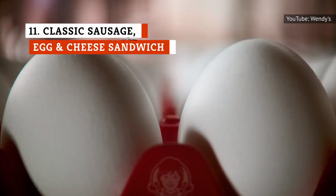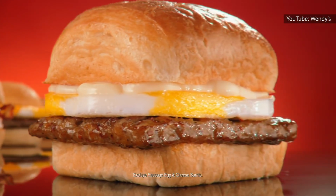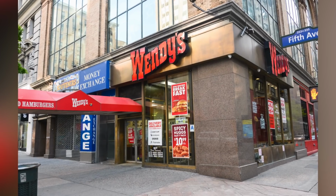The classic sausage, egg, and cheese sandwich has a few things going for it. Wendy's has consistently hot and yummy eggs in addition to perfectly melted slices of American cheese. And forget that frozen folded egg stuff, because Wendy's only uses fresh cracked eggs on all their breakfast sandwiches. While the trio of the eggs, cheese, and sausage will entice your taste buds, this particular sandwich is ruined by